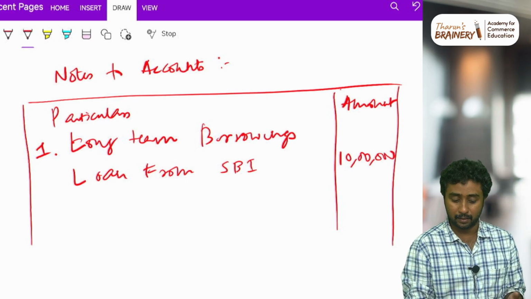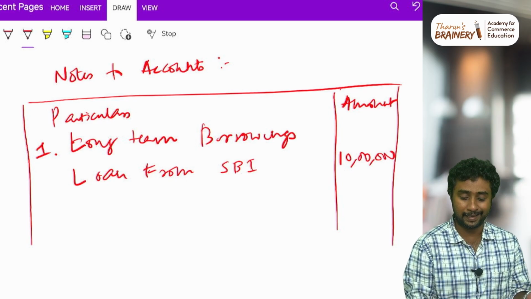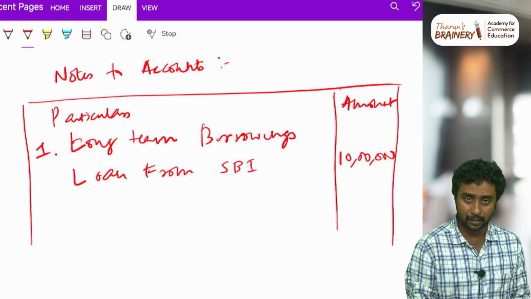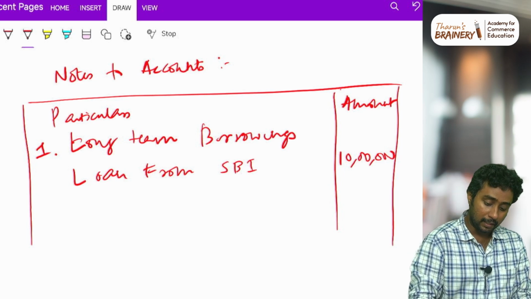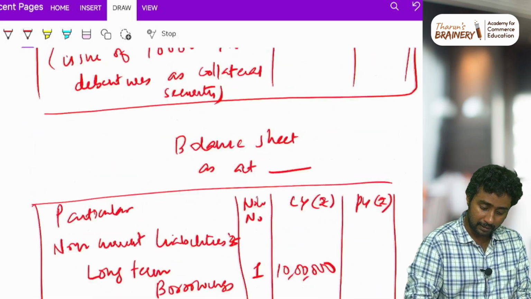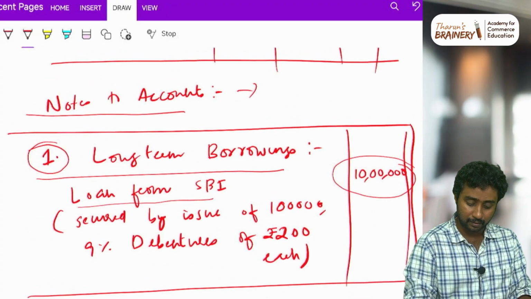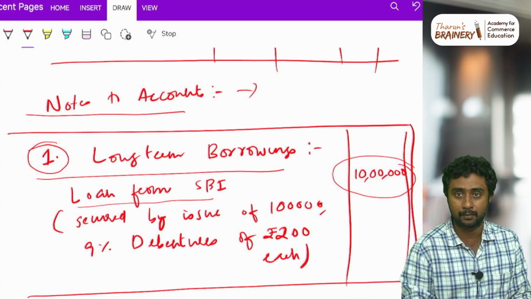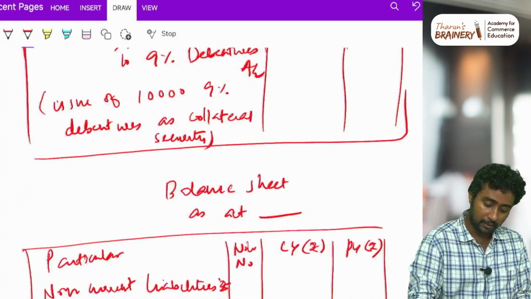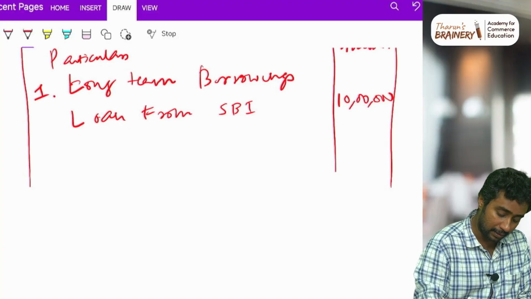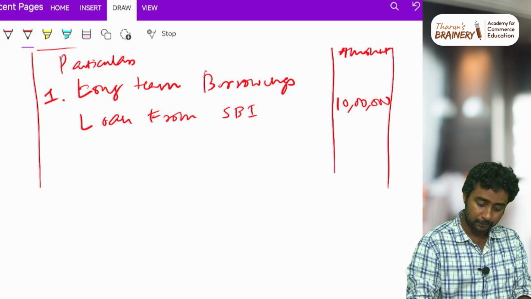Then you must be wondering, what is the difference between these two methods other than some journal entries? It is not like that. Below that, previously we wrote the details of the debentures in brackets as debentures issued as collateral security. Here we will not show it in brackets. Instead, we will write like this: